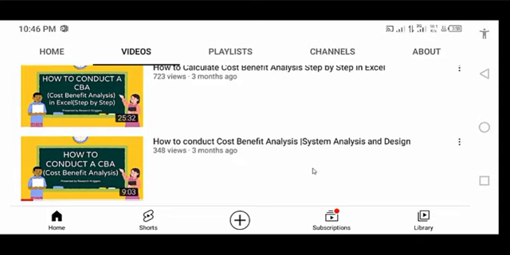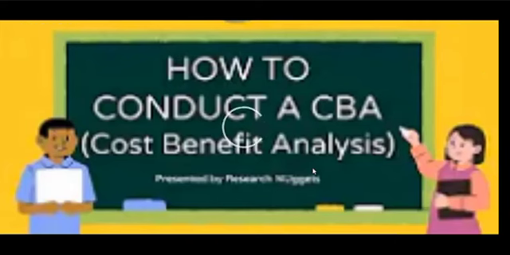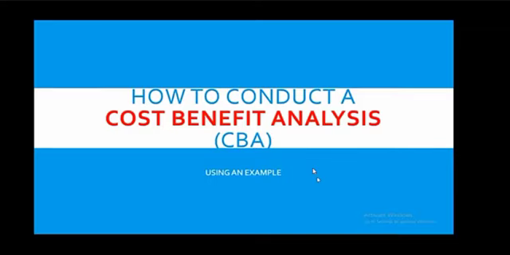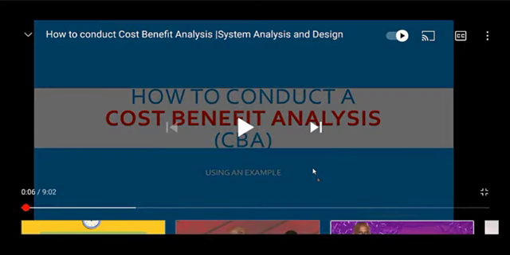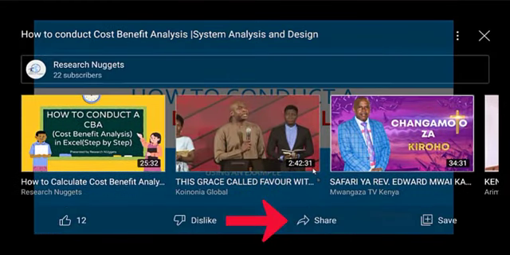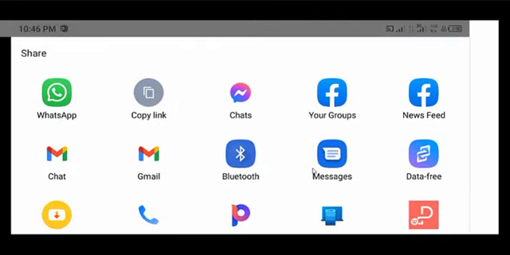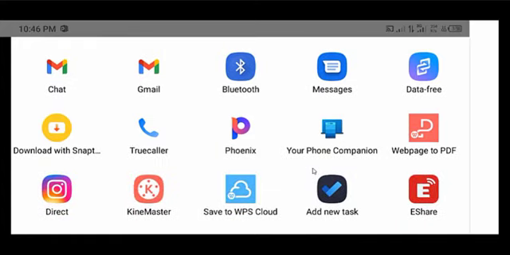After launching your YouTube app, navigate to your favorite video that you'd wish to download, and then click on it so that it begins to play. I'm going to pick one here to use for the purpose of demonstration. Look at how, once the video loads, you look for the share button. Once you find it, you click on it, scroll down, and you look for download with SnapTube. And once you find it, you click on it.